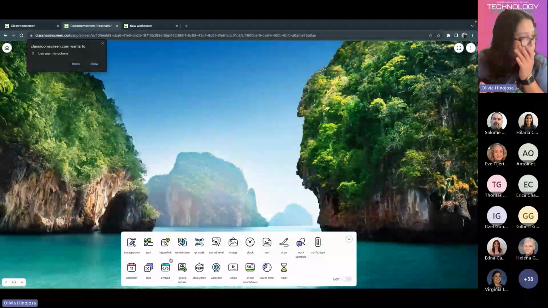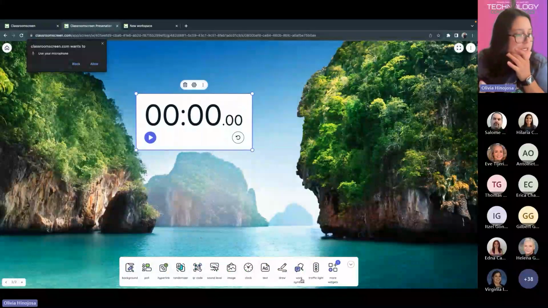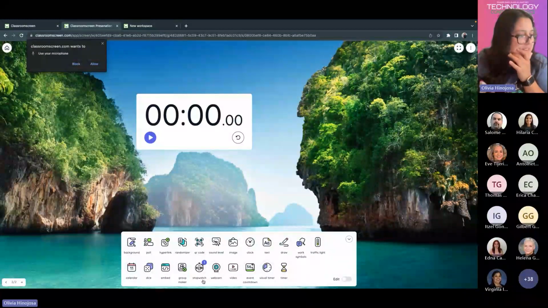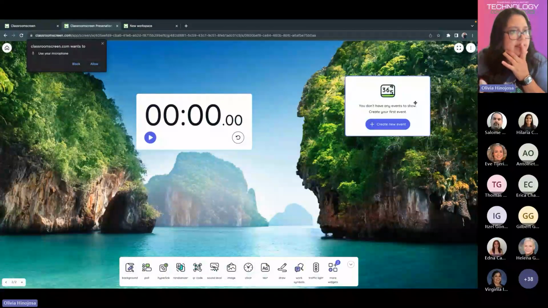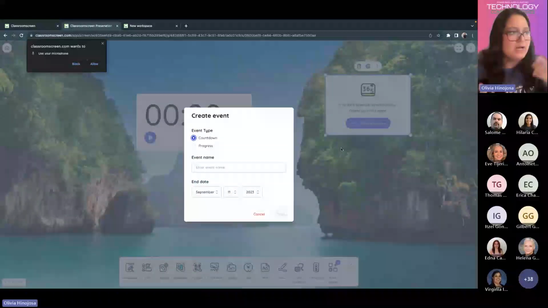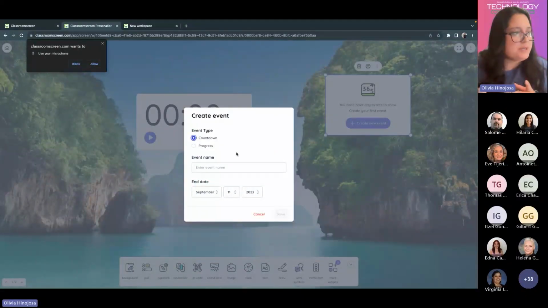Let's see some of my other really good ones. We got our stopwatch. That's great for any activity where you're timing them. This is the event countdown I was talking about earlier. So if you saw on the one I displayed in my presentation,